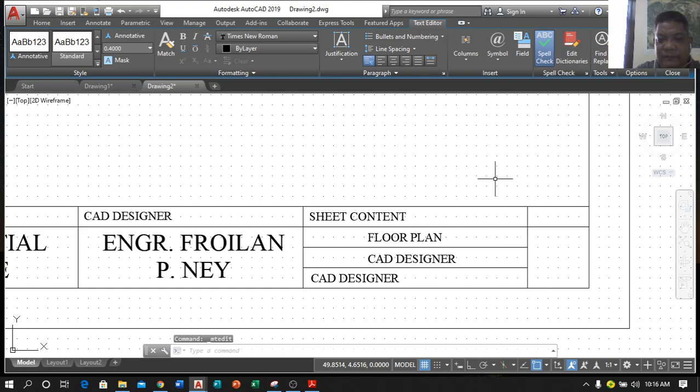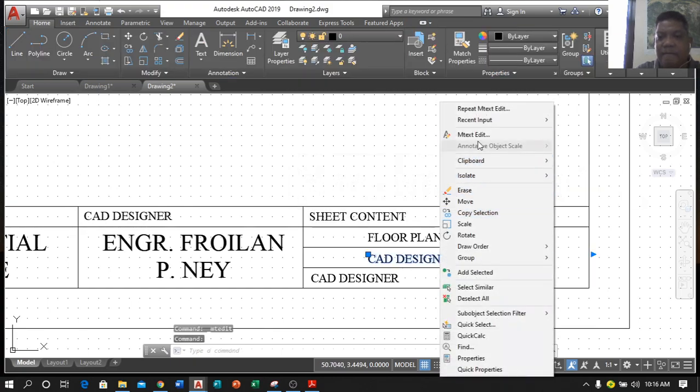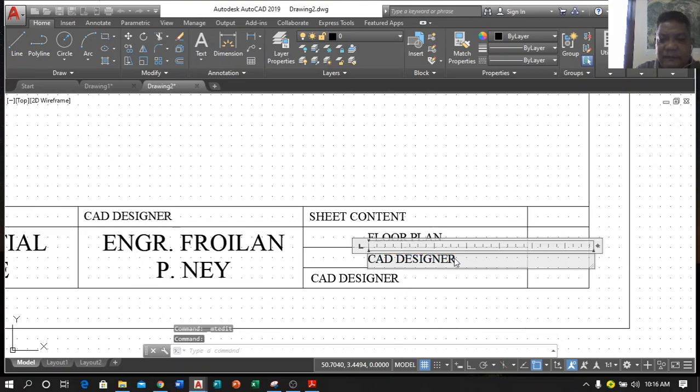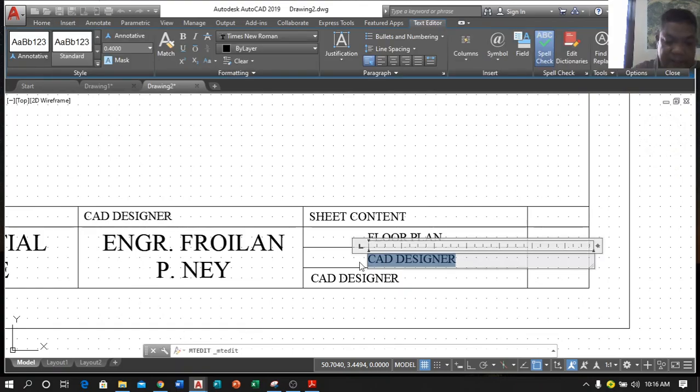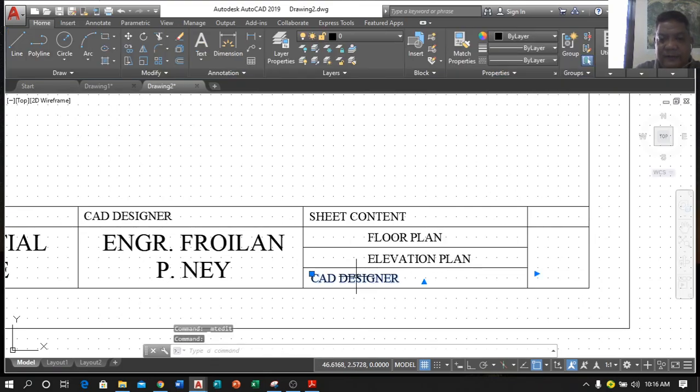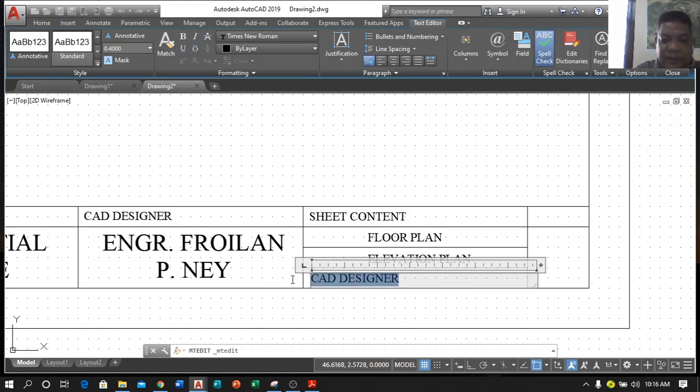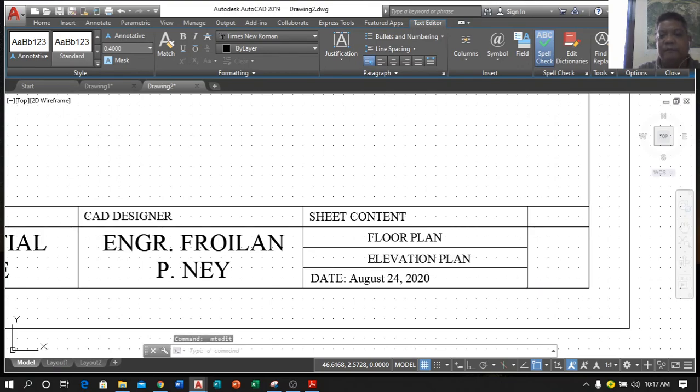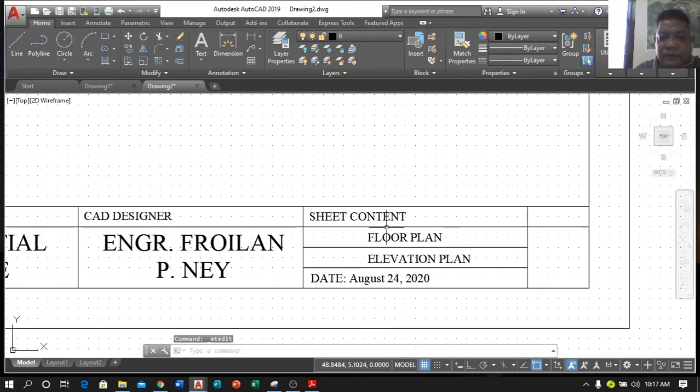Then click outside. Then click to select. Then right click and text edit. Then change the text as elevation plan. Then click outside. Then click to select. Right click. Then text edit. Then change the text by date. And click. Okay. Then you can copy it again